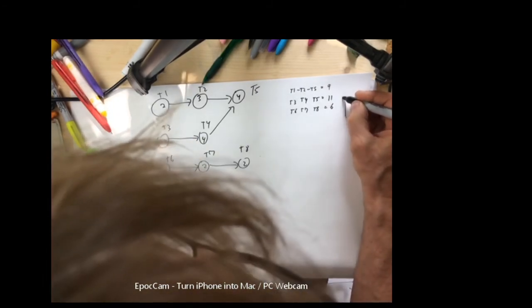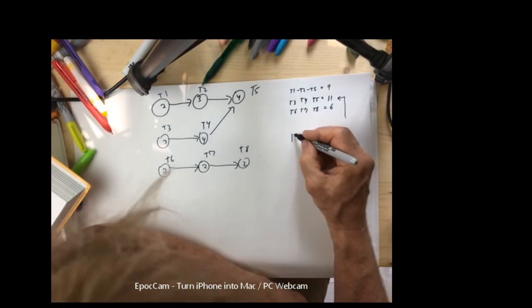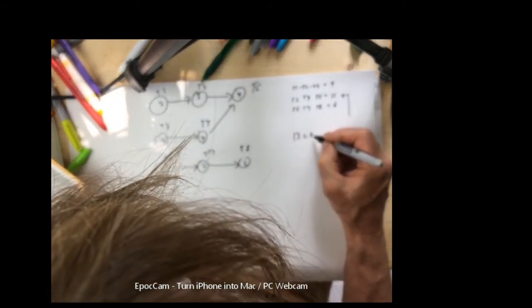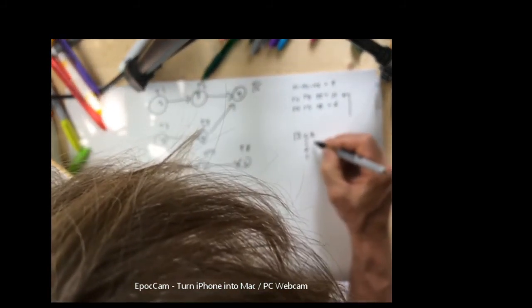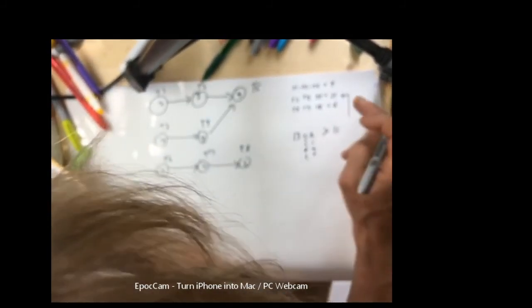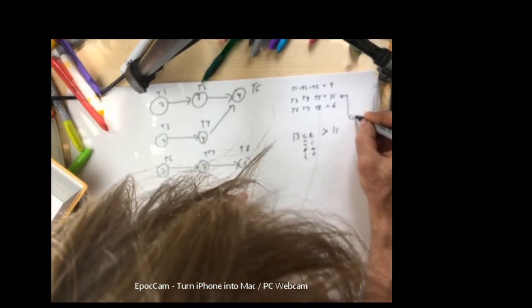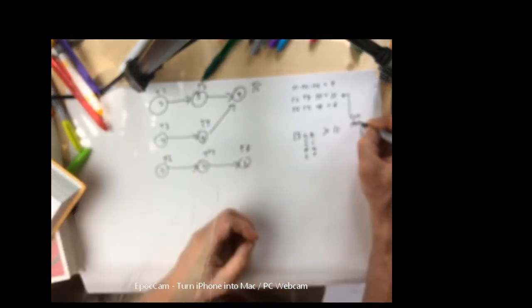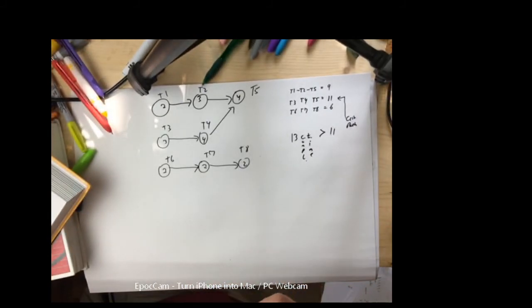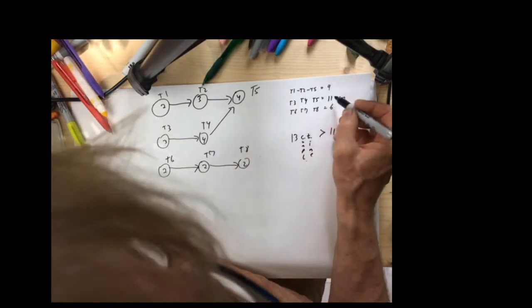So I have reason to believe I might get a better schedule because our last schedule we got 13 hours completion time. And that's greater than 11. It seems like maybe we can hit that critical path. That would be nice. So how are we going to try to hit that critical path? Well, once I found the critical path